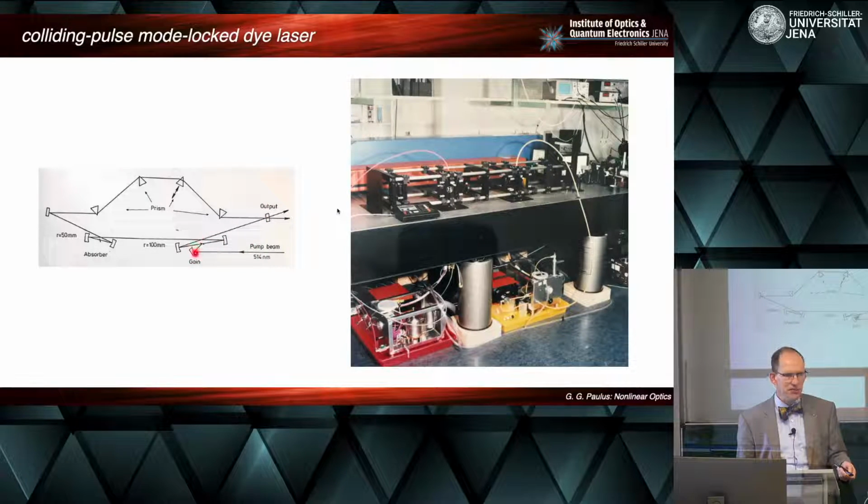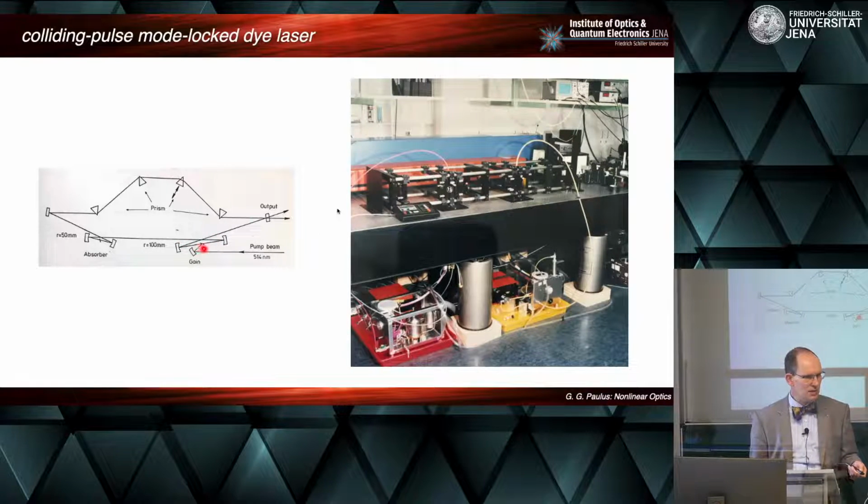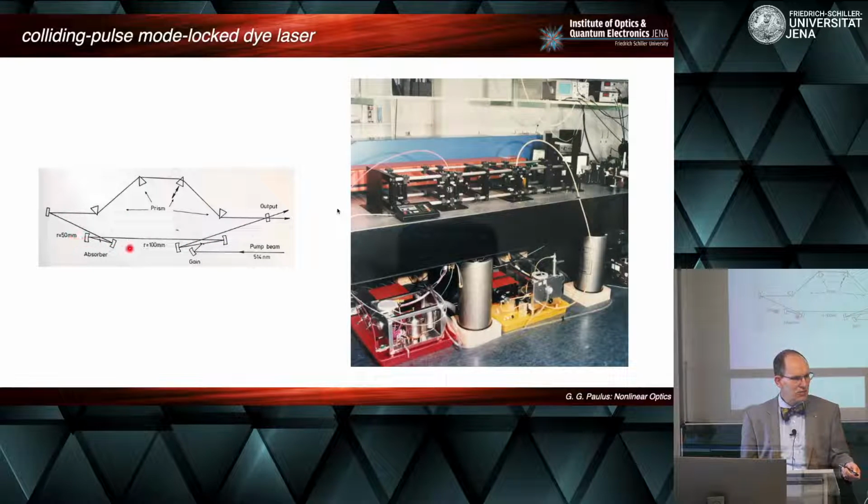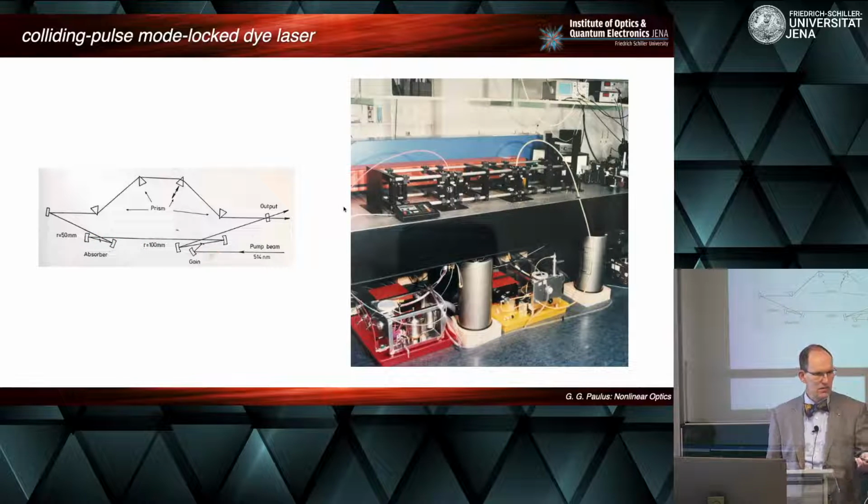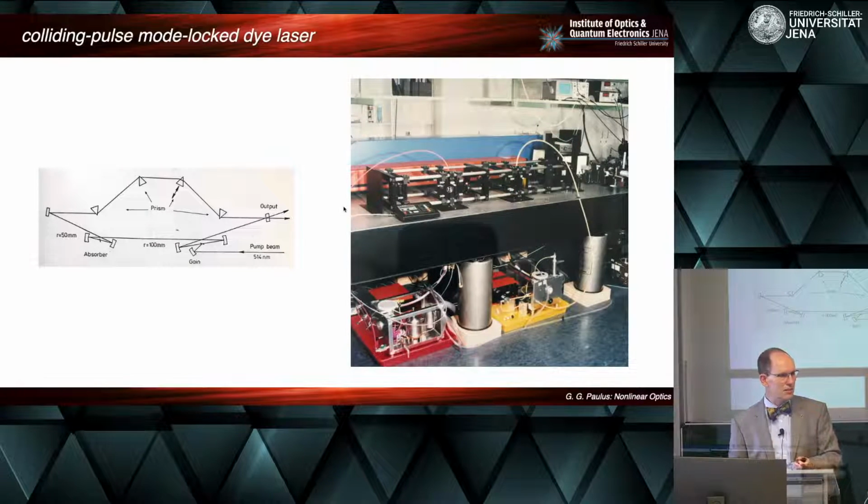Yeah, so there was an amplifier dye, rhodamine 6G in this case, right? And there was also an absorber. And these mirrors around these absorbers and amplifiers were used in order to focus the laser beam into these dye jets, right? And there were high power pumps pumping these two different dyes through the nozzles here and here. Well, and then there was some dispersion compensation, and why this is called colliding mode lock dye